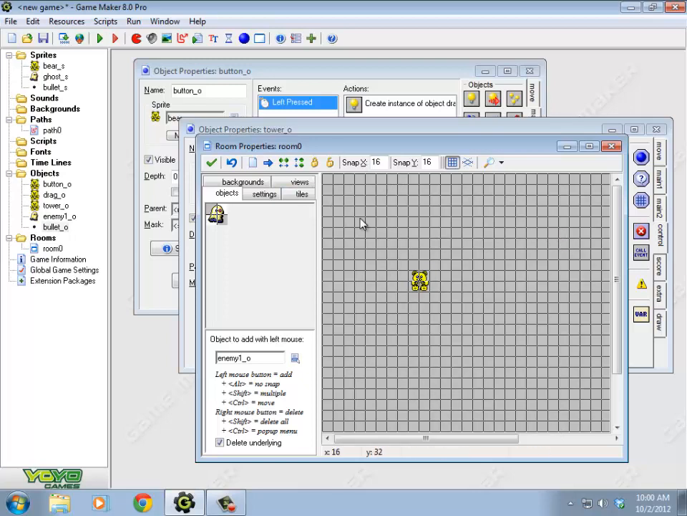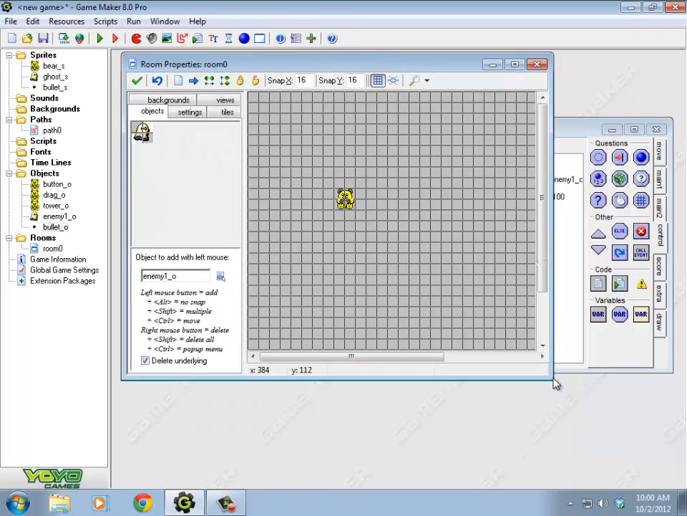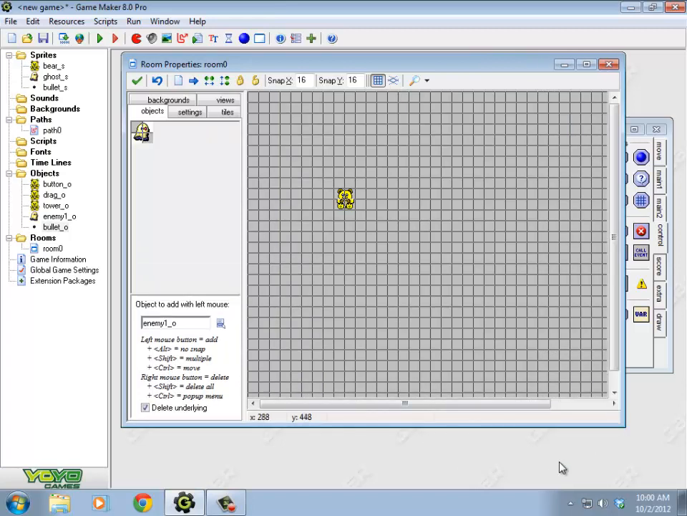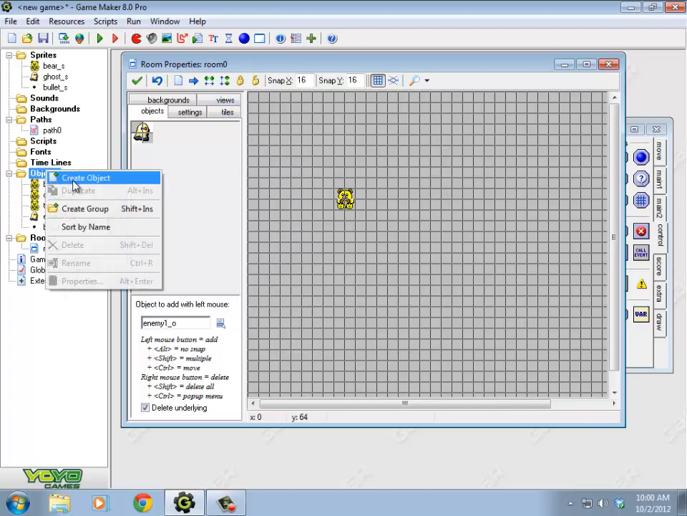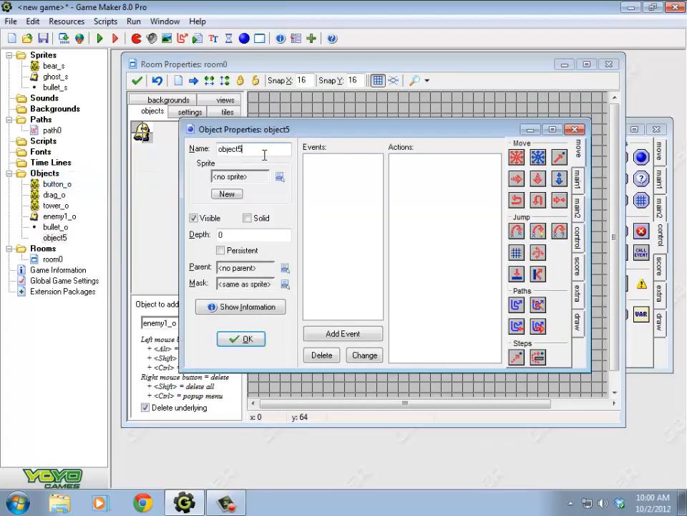What I'd like to do is create a series of enemies. In this example, I'm just going to create an invisible controller, and it's going to send them out on a regular basis. So create an object, controller,